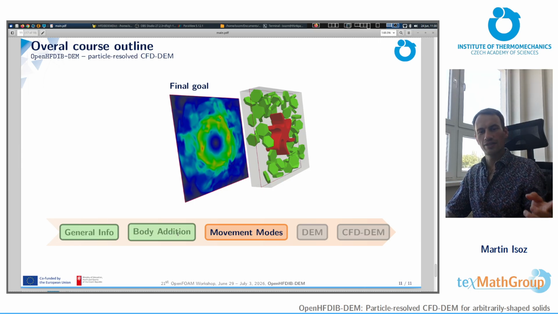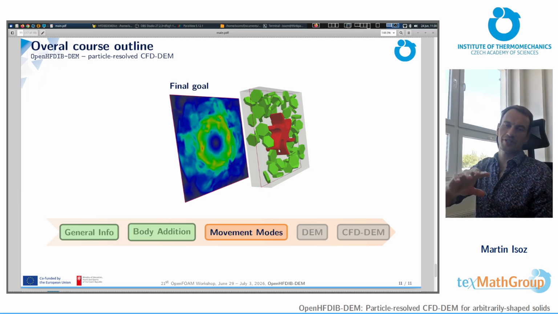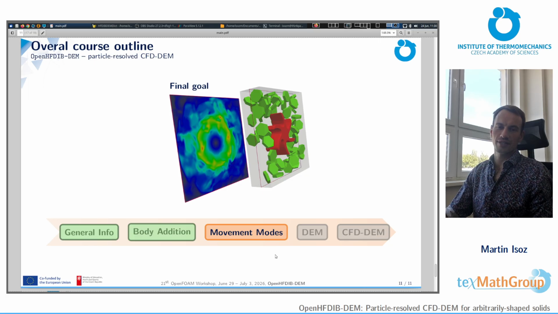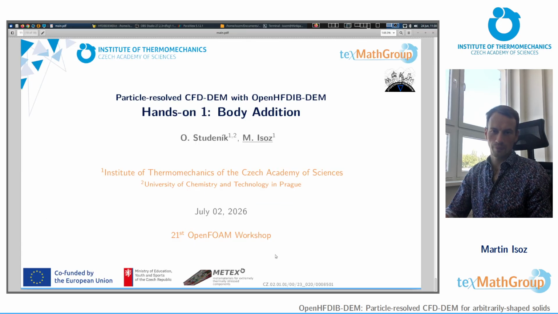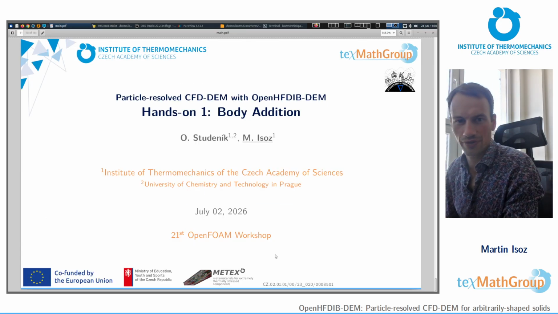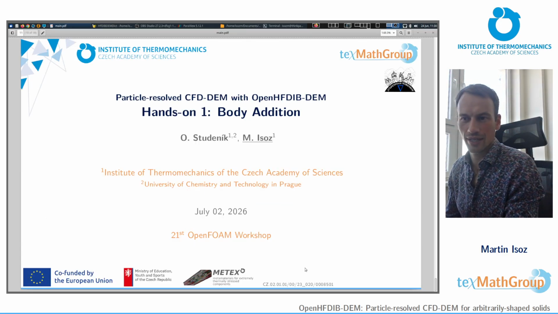In the next video we will take a look at potential movement modes, as the impeller in here is rotating with prescribed rotation and the glitters are fully coupled with fluid flow. With that, I would like to thank you for your attention and see you in the next